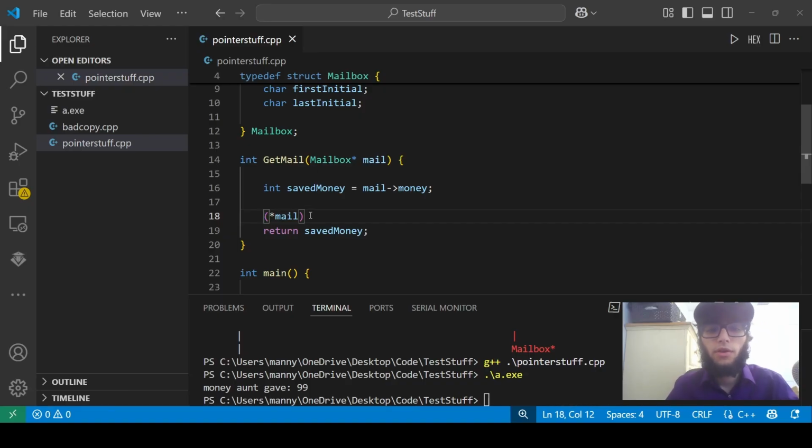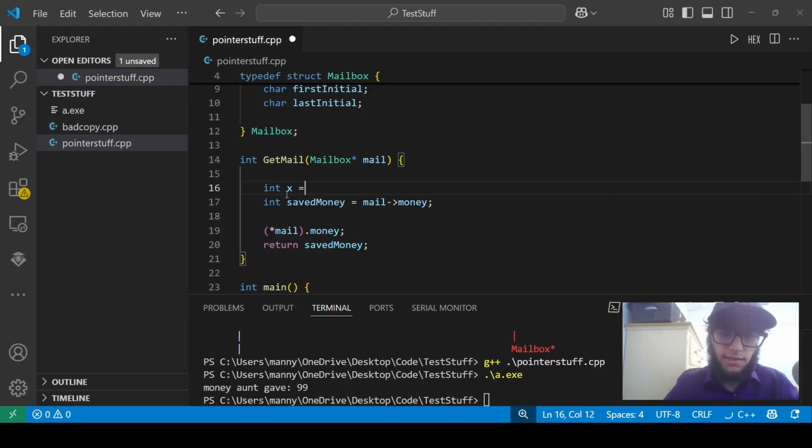this. So you can put the asterisk at the start of the variable, and that'll tell the CPU to go to the memory address. So we can do that, and then we can use dot because we already went to the memory address. We can do it like that. I would not recommend doing it like that, but let's say you have an integer pointer, you're gonna have to dereference it. Like, let's say